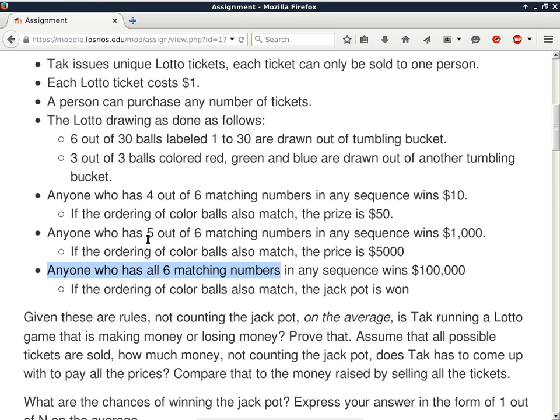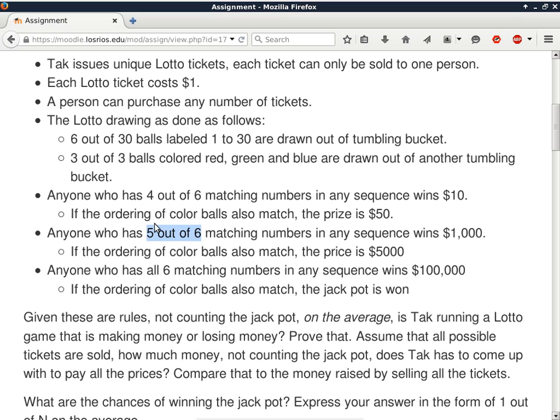The more tricky one is how many people will get 5 out of the 6 numbers matching. In other words, of the 6 lucky numbers, these people will pick exactly 5 out of the 6 lucky numbers and 1 out of the not so lucky numbers, right?